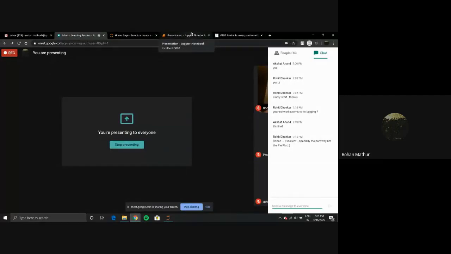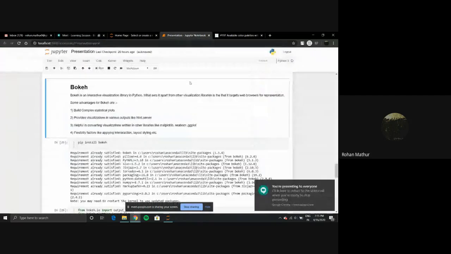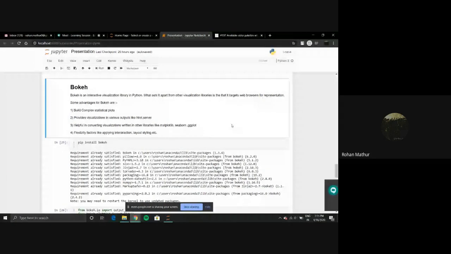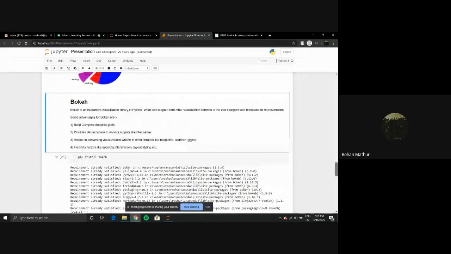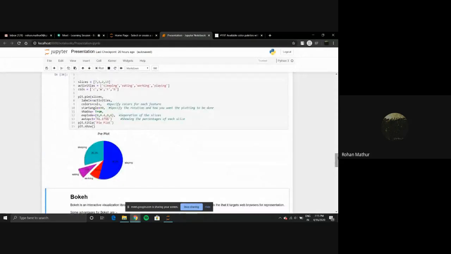So again, why is the pie plot not used? It is not used because of certain disadvantages, so I'll just repeat some of them. One particular disadvantage is that it cannot represent more than 4 or 5 parameters. Here I've represented only 4.